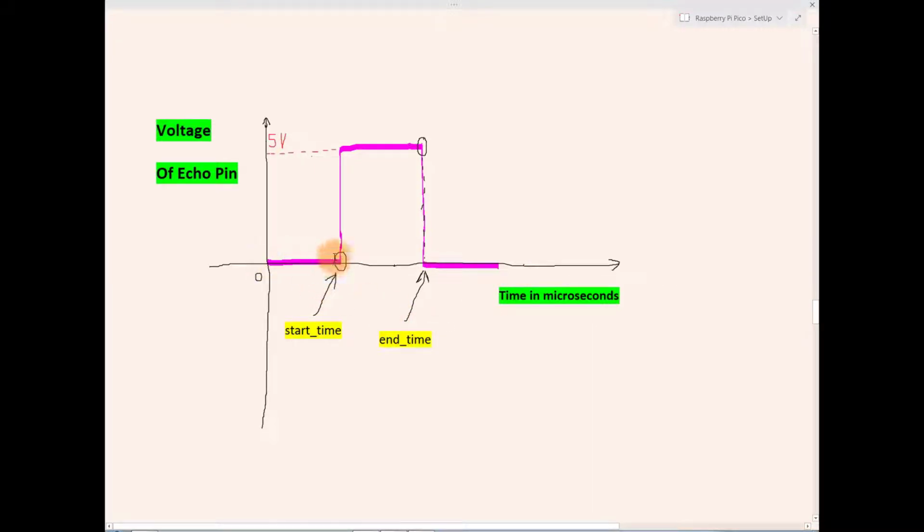Initially it was 0, and then you trigger it to logic high for 10 microseconds. So this is the start time, the time at which the echo pin is at logic 0 for the last time, because after this time it will be at logic 1. So you will register this time and name it start time.